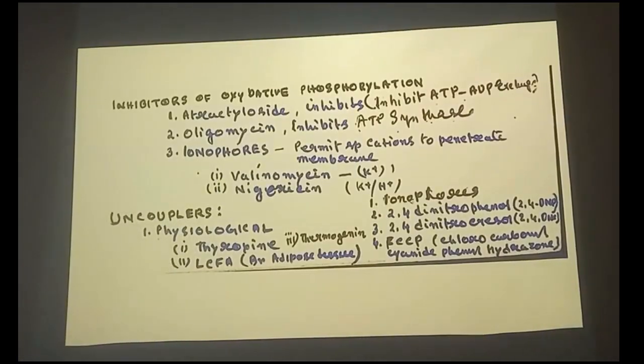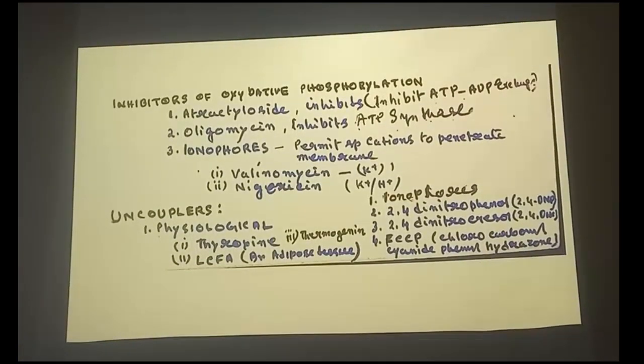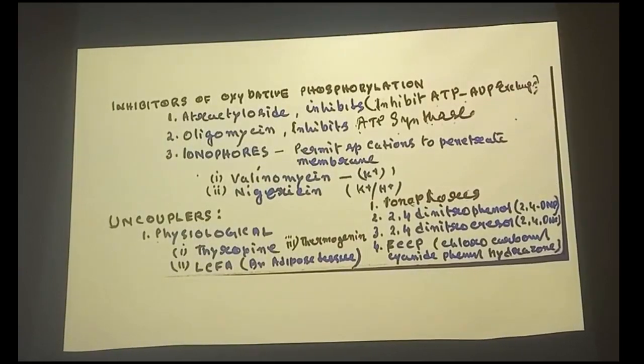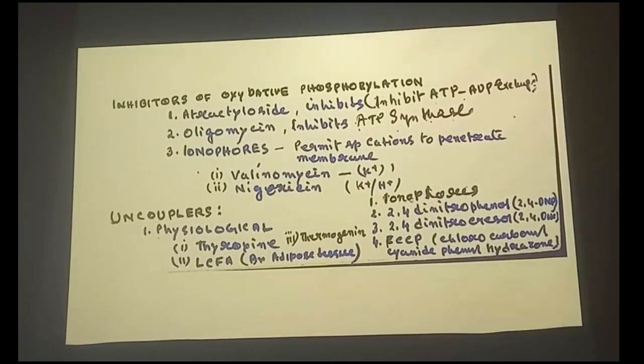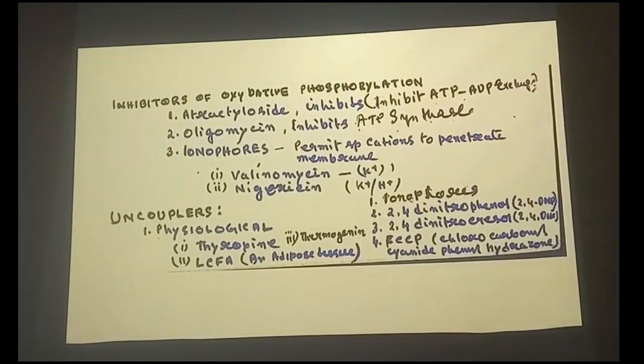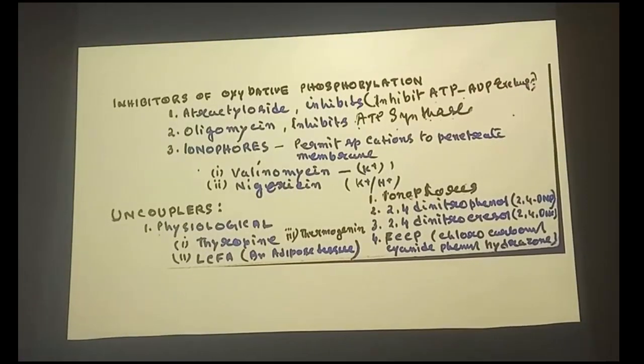Different inhibitors are listed in your books also, please go through them. These are one of the common areas of questions. What are the inhibitors? That is generally asked in the viva. So please try to remember at least 1 or 2 of the different inhibitors of different sites. So next.